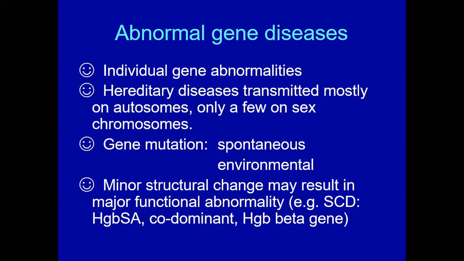So these are the abnormal gene disorders, abnormal gene diseases. So first of all, there are individual gene abnormalities. एक तो होती हैं कि individual abnormal gene होती हैं. उसके बाद there are hereditary diseases, and hereditary diseases can be transmitted mostly on the autosomes, and also a few